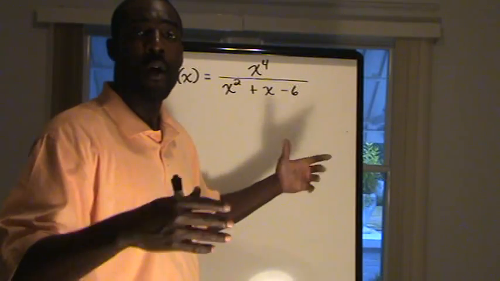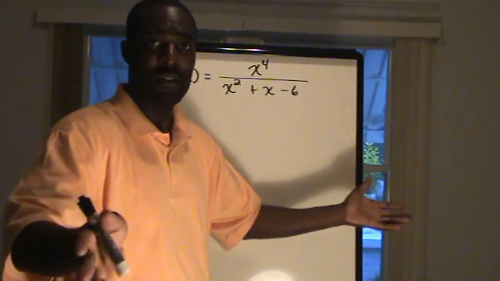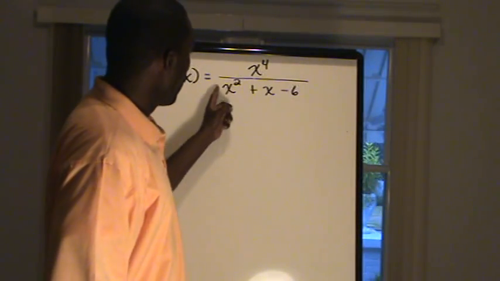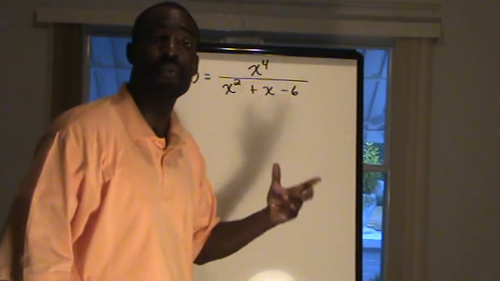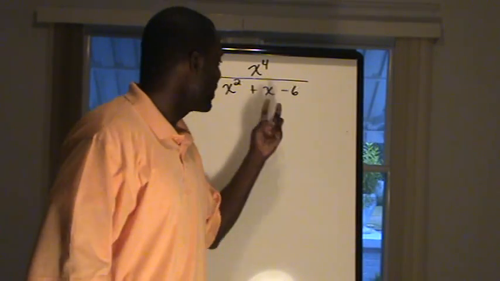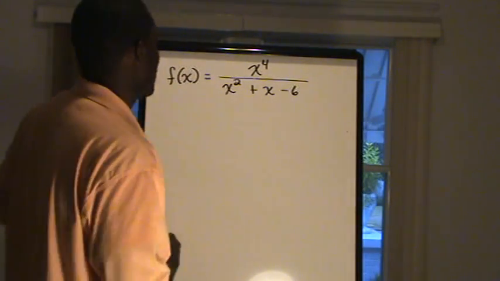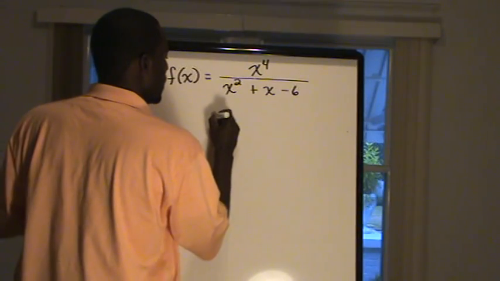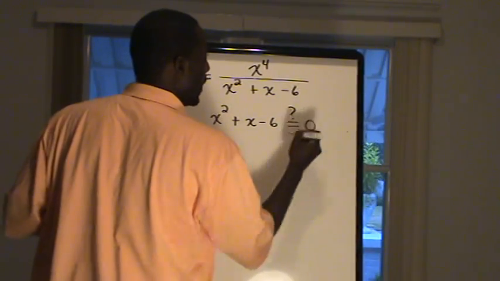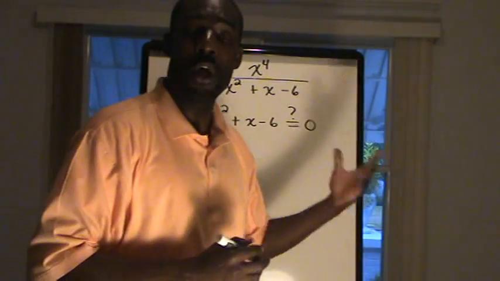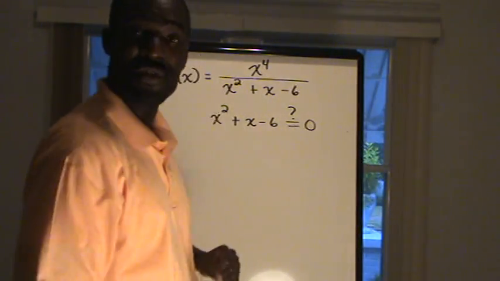There's no concern about what possible x value will make this function not make sense. So again, we're concerned with what are those x values in the denominator that actually will produce a value of 0. All of those x values that will produce a 0 will not be in the domain. So when we consider rational functions, the first thing we ask ourselves is, where is x squared plus x minus 6 equal to 0? Once we find those solutions, then my domain will be everything except those two solutions because it's a quadratic